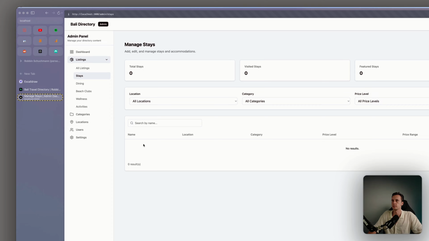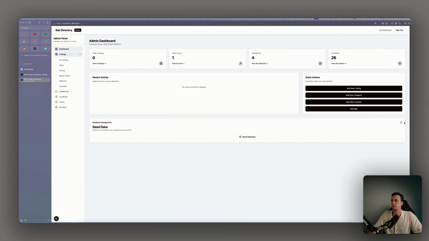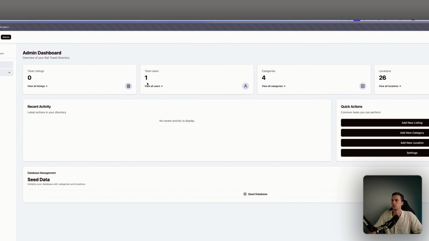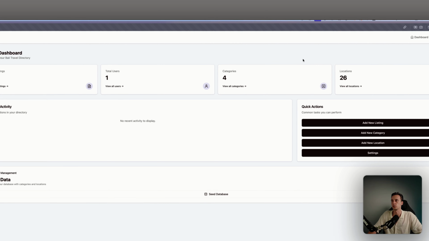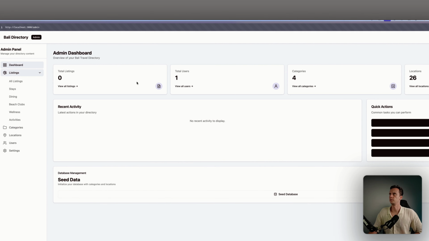Let's wait for this. So basically now we have a basic dashboard with the seed data thing. We don't need this. This is also all functional now. So we can see we have 26 locations. If we click this, it's functional as well. This is all the categories. In the future,